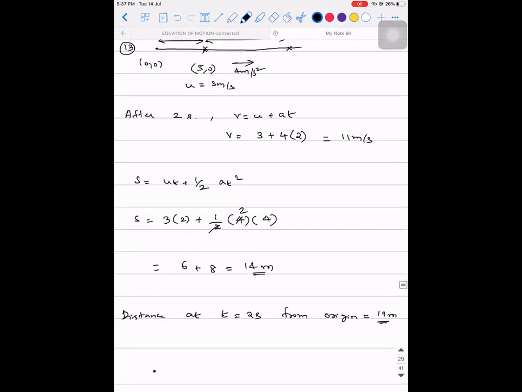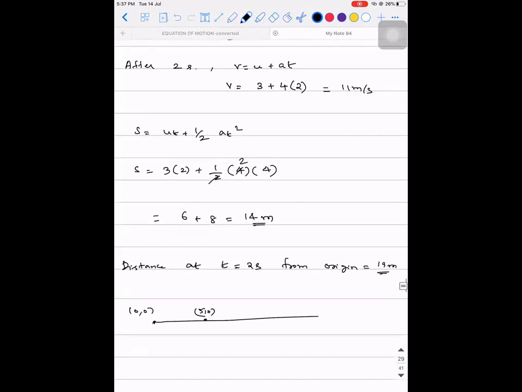So what they are saying is again the same story. So with respect to origin, the particle is at 5, 0. It has a velocity of 3 meters per second. So it is accelerating, means its velocity will increase. So let's say there is one particular instant at which its velocity is 5 meters per second. At this instant, what would be the distance from the origin? That is what they're asking. So how much should I add to the already existing 5 for me to get the answer? So how to do this?